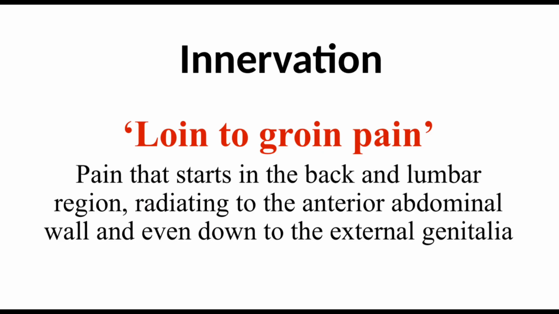Renal innervation and referred pain. The kidneys receive autonomic innervation from both sympathetic and parasympathetic systems. Sympathetic preganglionic neurons arise from T12 to L1 spinal cord segments. These travel via thoracic and lumbar splanchnic nerves. They synapse in the celiac and aorticorenal ganglia, and they function in vasomotor control, influencing renal blood flow and renin secretion.